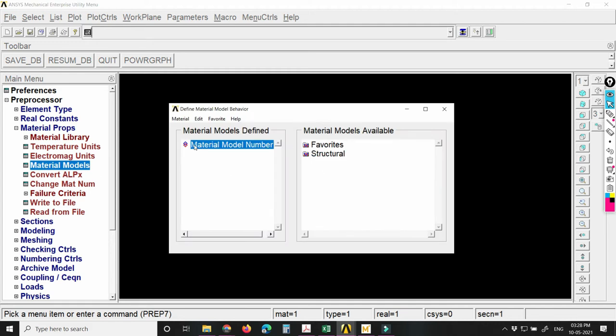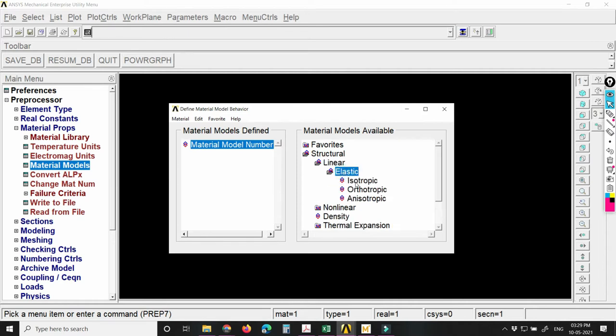So you can see whatever material model you have selected, it will be shown over here. You can choose different kinds of materials, suppose steel, concrete, different kinds of composite material. So it's up to you. First you will go for structural, then you will be asked whether your material is linear or non-linear, whether it's isotropic or non-isotropic. So our material is concrete, we are assuming it to be isotropic, so you will select linear. Then whether it's elastic, yes, it's elastic.